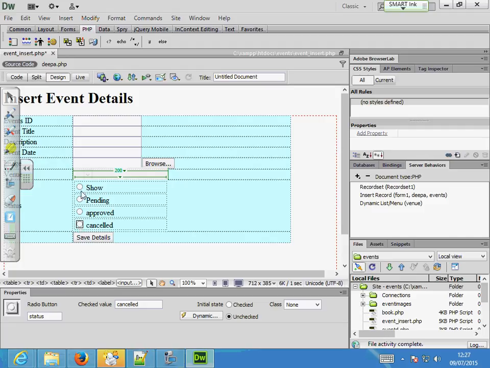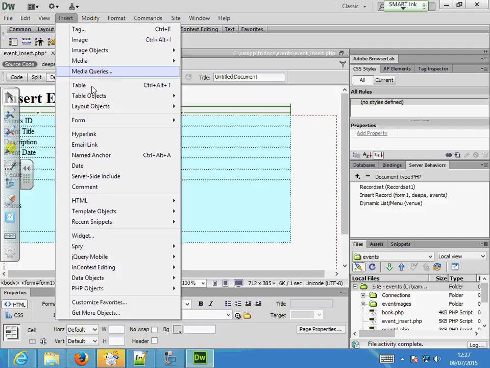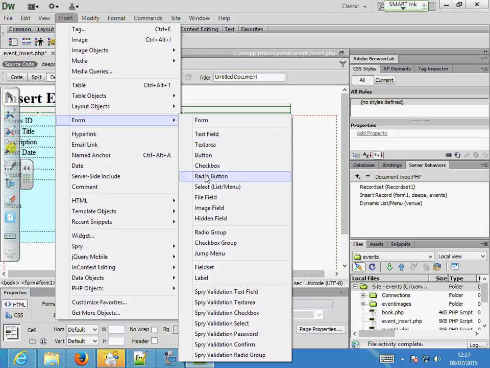And now the values are there, isn't it? Status, and the value is there, whichever I need. So we did it in two ways. You do it either as a radio group, which is easier because you don't have to make many changes. It's just done. Whereas if you do it individually, one by one from here as form radio, then you have to make sure that the IDs are the same, right?